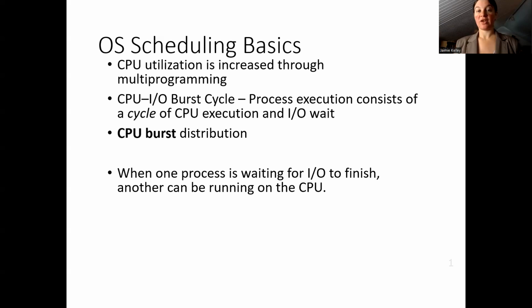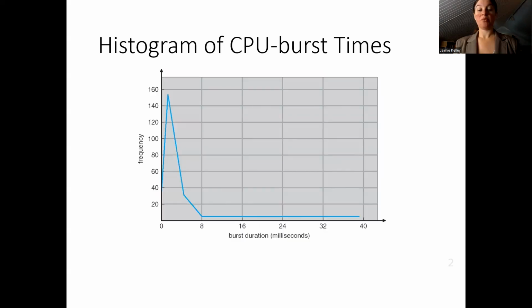Whenever one process happens to be waiting for its input or output to finish, it's possible for another program to run its CPU burst. Most CPU burst times are under 8 milliseconds. There is, however, a heavy tail, which can go all the way out to 40 milliseconds, which results from longer running batch type processes. But primarily, we are looking at interactive processes, which run with very small burst times, under